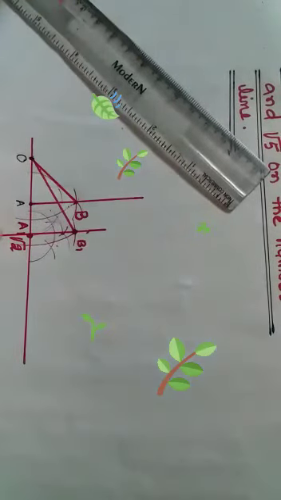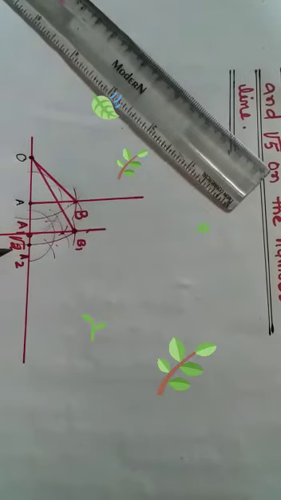So this one is how much? A2. This part is your A2. Is that okay? And this one is how much? Root 3. Is that okay? Because you know the value of root 2 is how much? 1.41, and root 3 is how much? 1.732. Similarly, from A2 you draw an arc, okay?